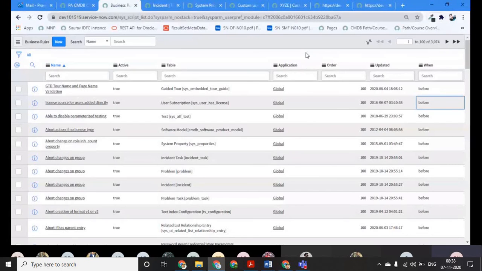Some scenarios will become, as I told you, that once my record is inserted into the database, then I want to send an email to some third party, or I want to fire an event. In such scenarios, we will use before and after business rules. So business rule is a database layer which is always available either before hitting the database or just after hitting the database. Is my definition clear to everyone?